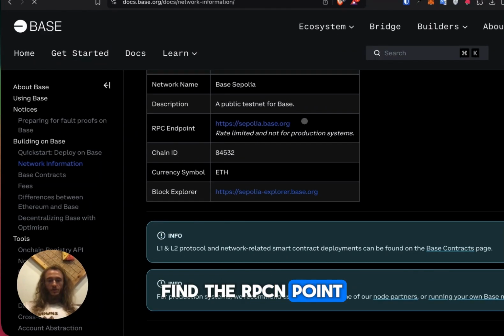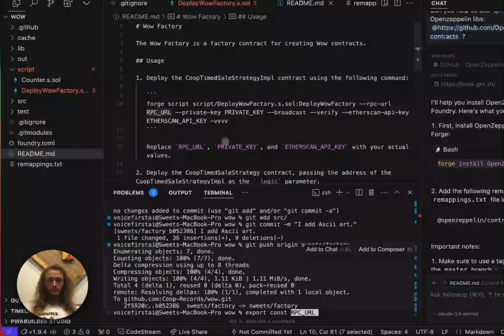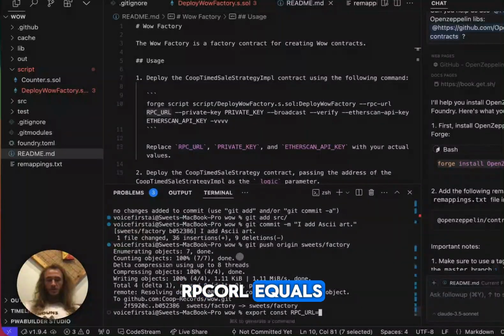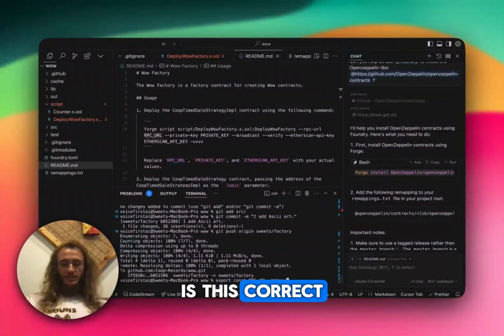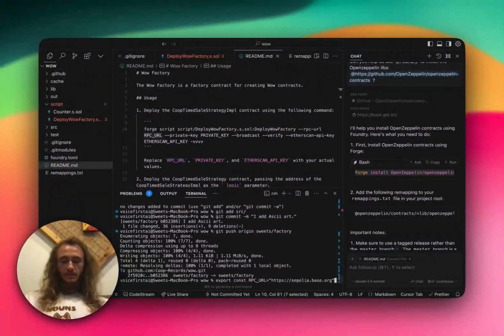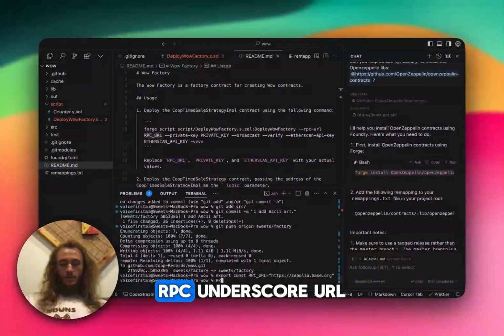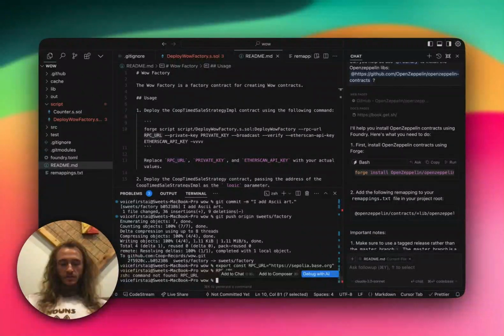Find the RPC endpoint for Sepolia. RPC URL equals, is this correct? RPC underscore URL